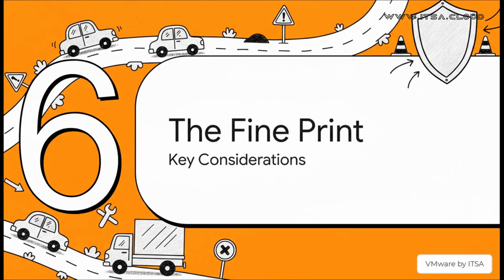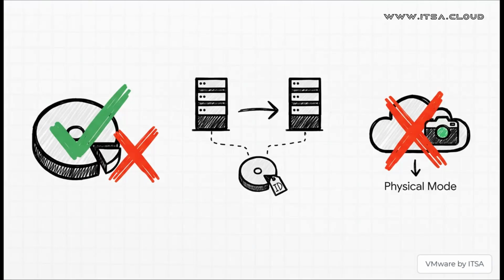Okay, so before you get all excited and start setting up RDMs everywhere, let's talk about the fine print. There are a few, let's call them rules of the road, you really need to know to stay out of trouble. And these aren't just suggestions, they're pretty much non-negotiable. First up, you map the entire LUN, no slicing and dicing. Second, if you want something like vMotion to work, every single host in your cluster has to see that LUN with the exact same ID. Consistency is everything. And just to hammer it home one last time, say it with me now. Physical mode means no VM snapshots.